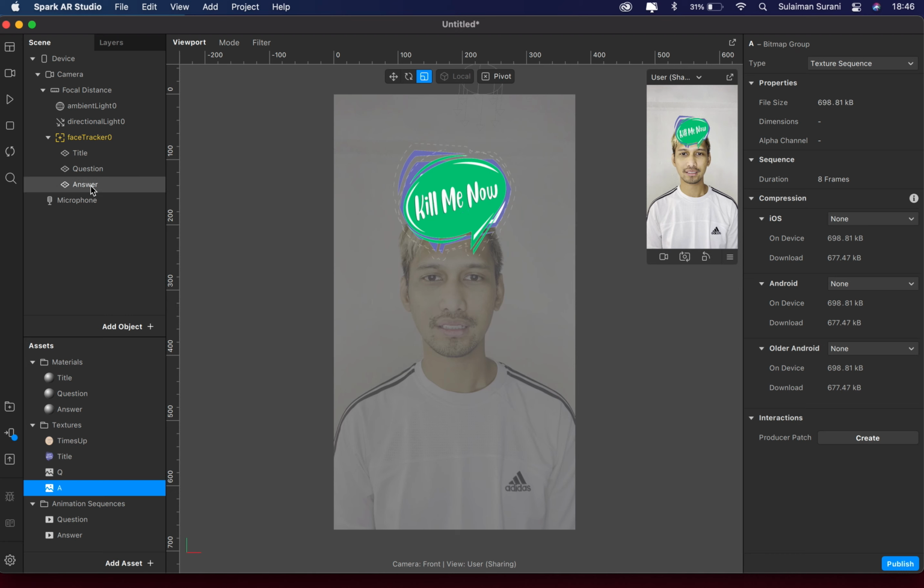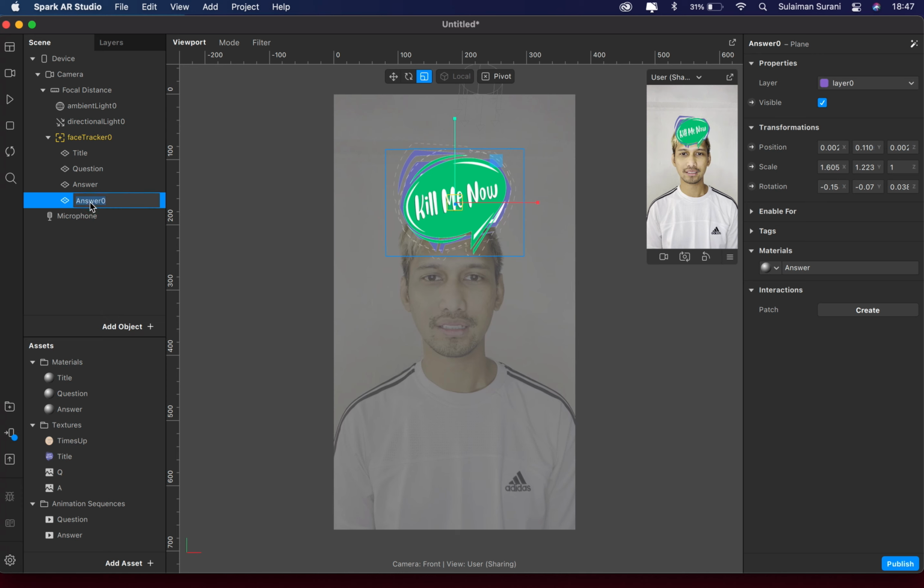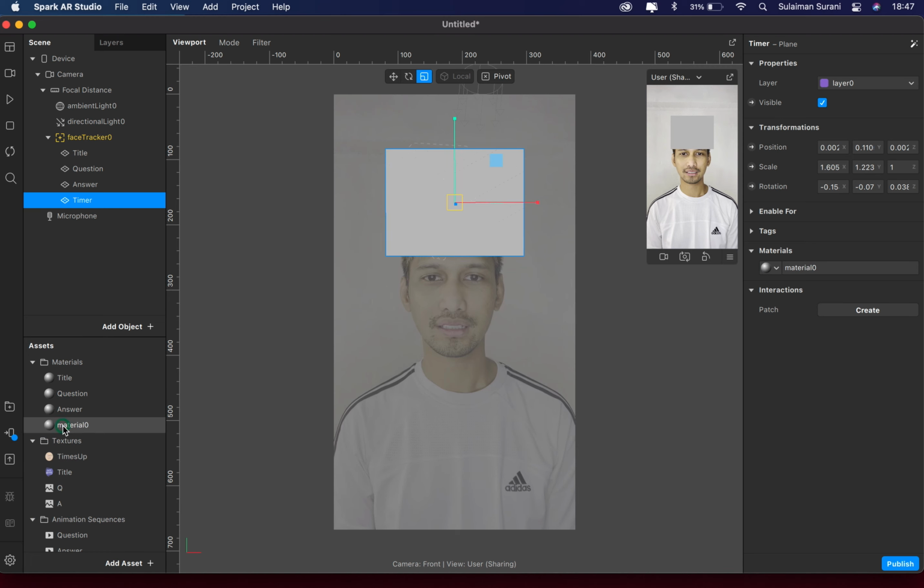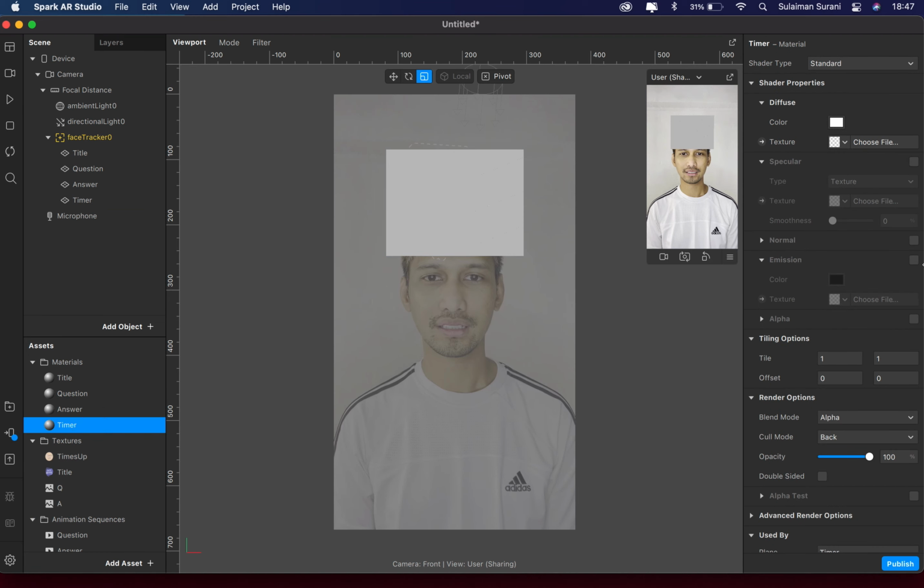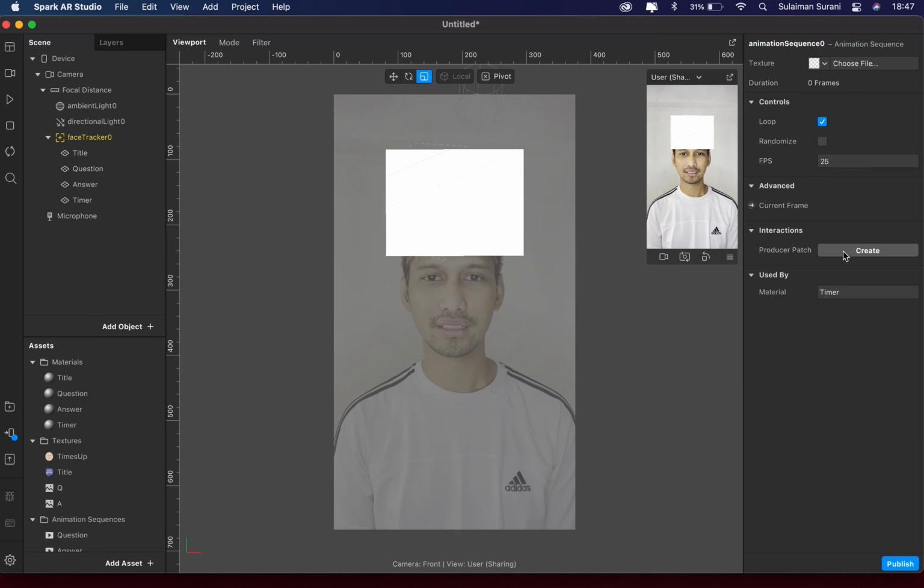So I have all this in. Let's just duplicate one more, and we're going to rename this to timer. Add a new material, timer, shader type to flat, texture, animation sequence. Okay, it's not going to be randomized, yeah? So,